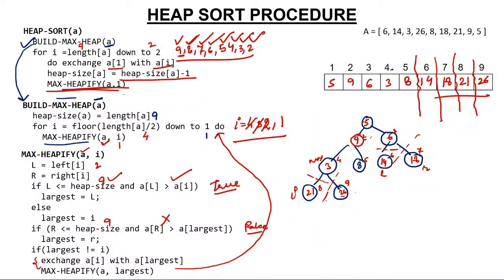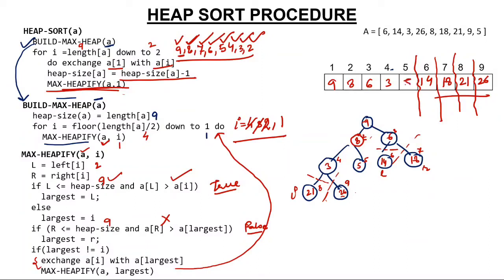Fine. On exchanging, what happened is that the 5 is violating the property of MaxHeap. What you will do, again you will find the maximum. This one is maximum. You will replace 9 with 5. Again you will see which one is maximum. This one is maximum, 8 is maximum. 8 will come up, 5 will come down. Fine. So what changes took place: 9 will come here, 8 is at second, 6 is at third,